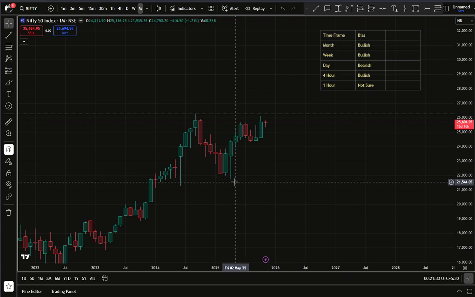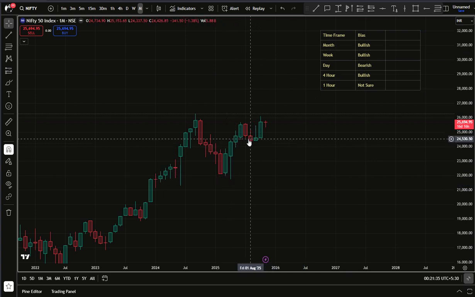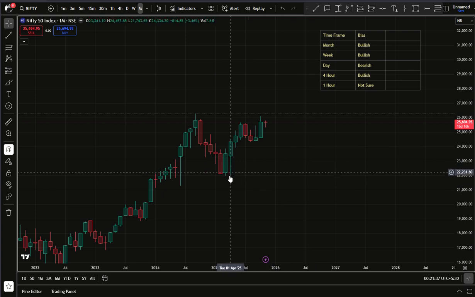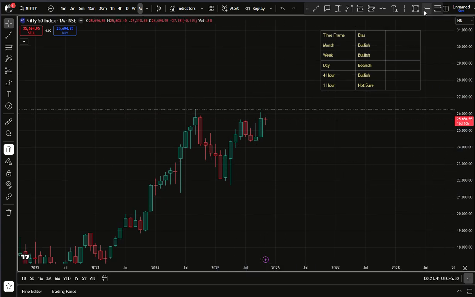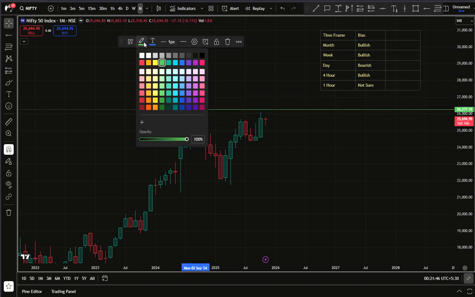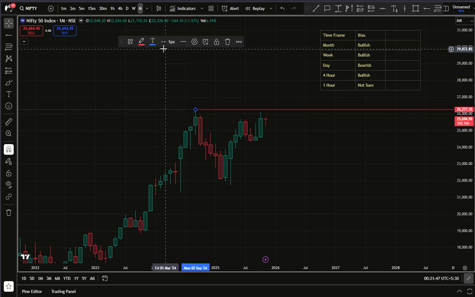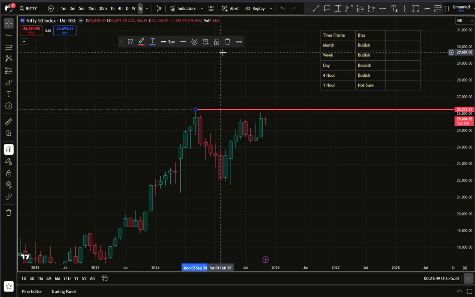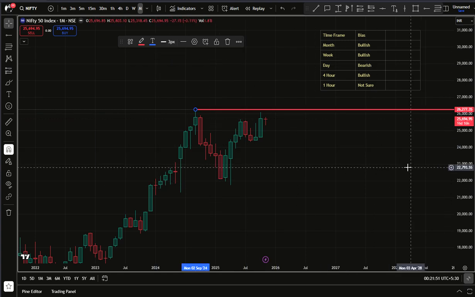This is the low that has been previously created, and this is the present low. So it is a higher low, so it's clearly bullish. The important levels to be marked are, one is ATH. Let's mark it in red. That's 26,277,